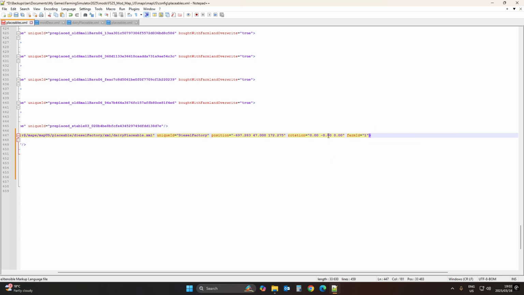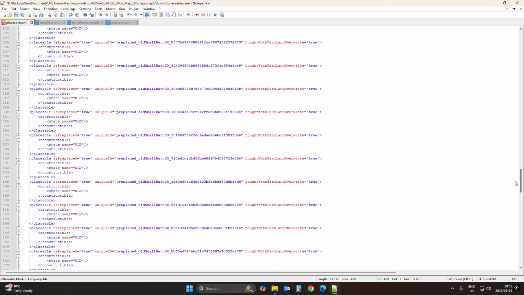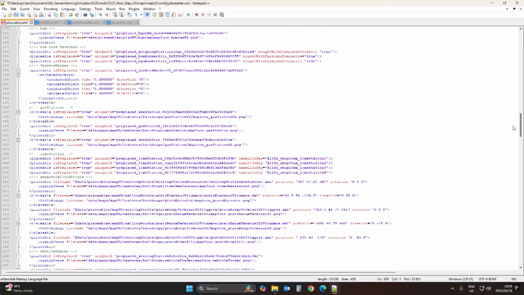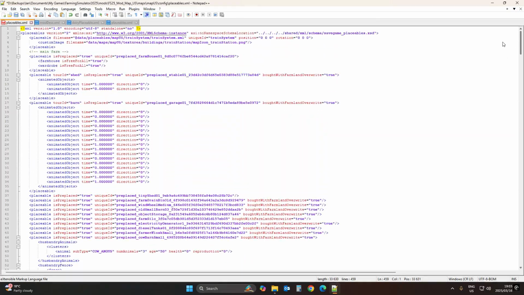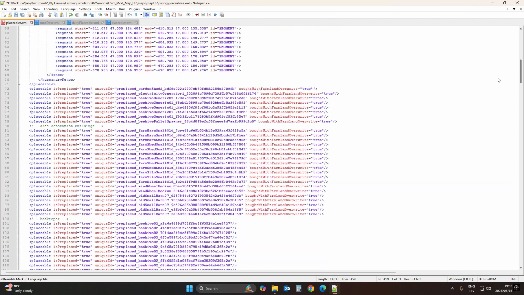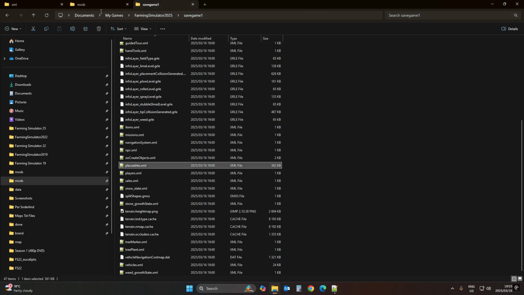And if you want this placeable to be not available for start from scratch mode, you need to add the default farm property equals true value in here. So you can just find, let me just grab it here. Is there anywhere one with a default farm property? Bought with farmland, bought with farmland. Okay, I don't see a default farm property equals true in here, but if you open your farmlands.xml from your